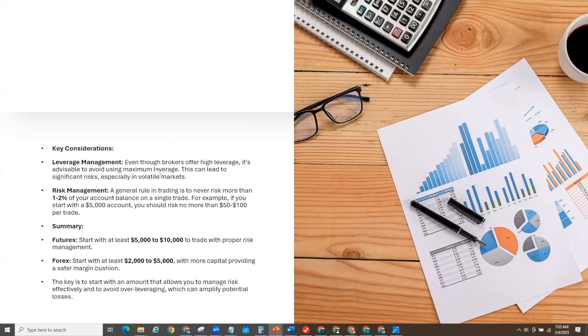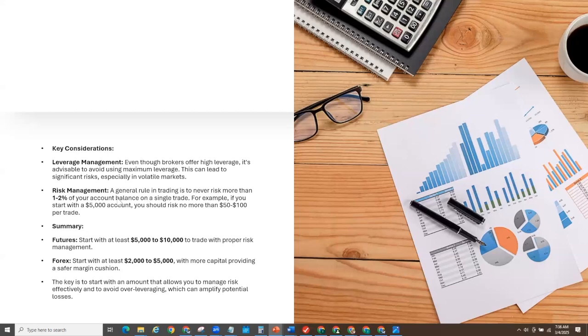You need to be a great risk manager if you're going to be a successful and consistently profitable trader in the world of trading. Even though brokers offer high leverage, it's your responsibility and advisable to avoid using maximum leverage. This can lead to significant risks, especially in volatile markets when markets are swinging back and forth, and it does happen, particularly in forex and futures. One news announcement can violently cause the market to change and shift, and you will see your account wiped out